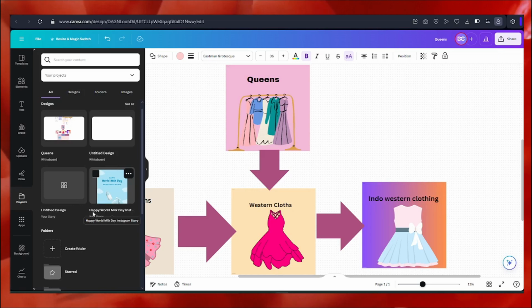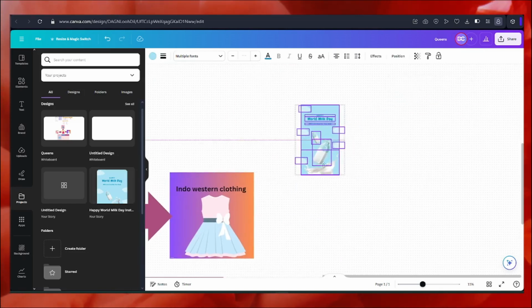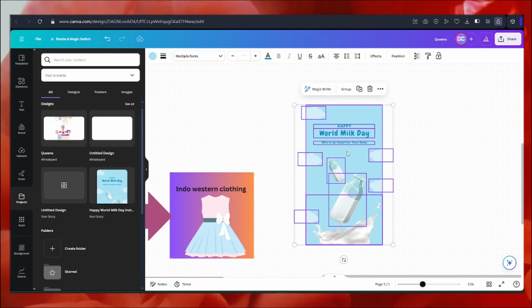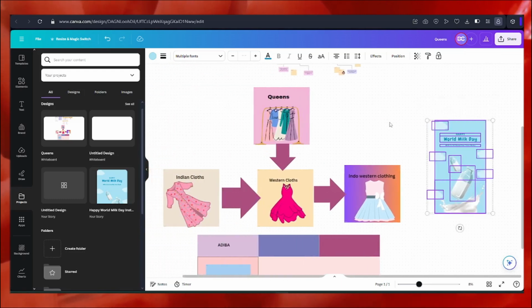Let's say I want to insert this particular World Milk Day, and then I'll get this here. I can also insert this. I'm just giving an example, it's not at all relatable, but just to let you know, if you want to add any pre-existing projects, you can add them to your newly made whiteboard canvas.